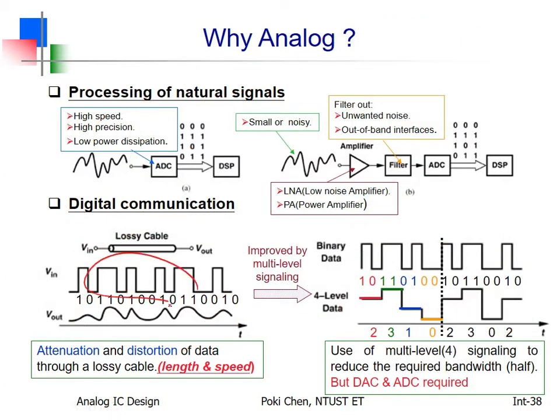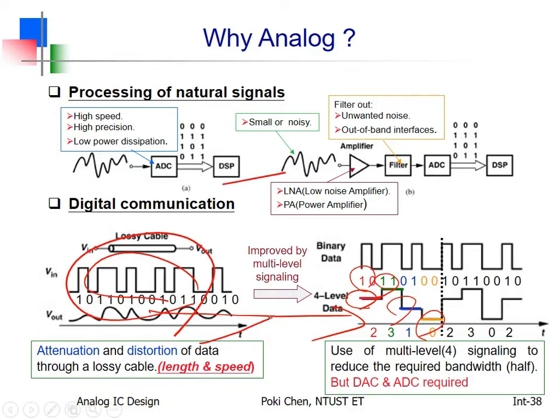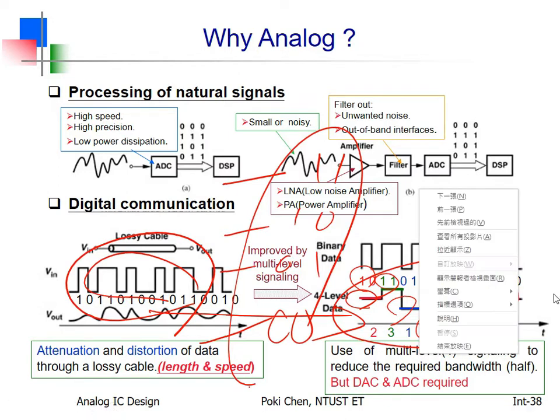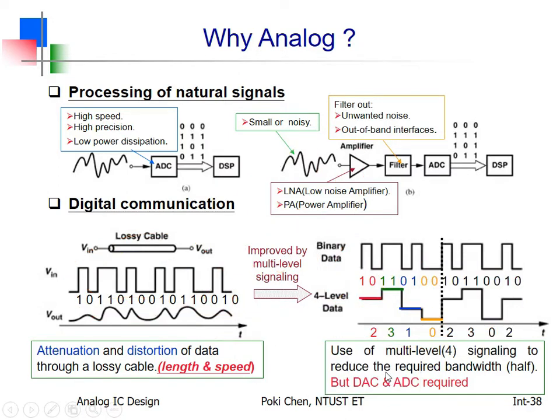If the clock is still the same, but we transmit 2 bits at the same time for each symbol. So 2 bits, 1, 0 here, then 1, 1, 0, 1, 0, 0. Right now we have 2 bits. It means what? 4 levels. In the past, we have only 1 bit, so you have only 2 levels, 1 and 0. But right now, we have 0, 0, 1, 1. So in between, we have 0, 1, 1, 0. Okay? So the result becomes this. But why it is better than the original waveform?